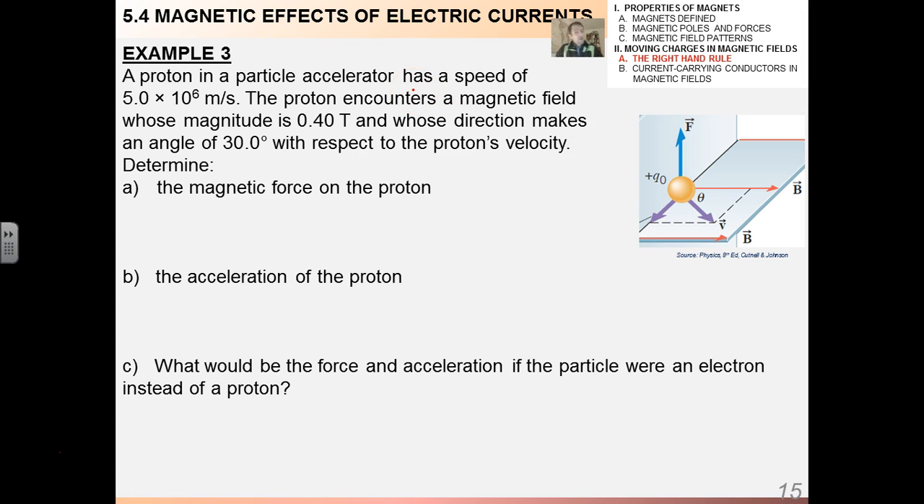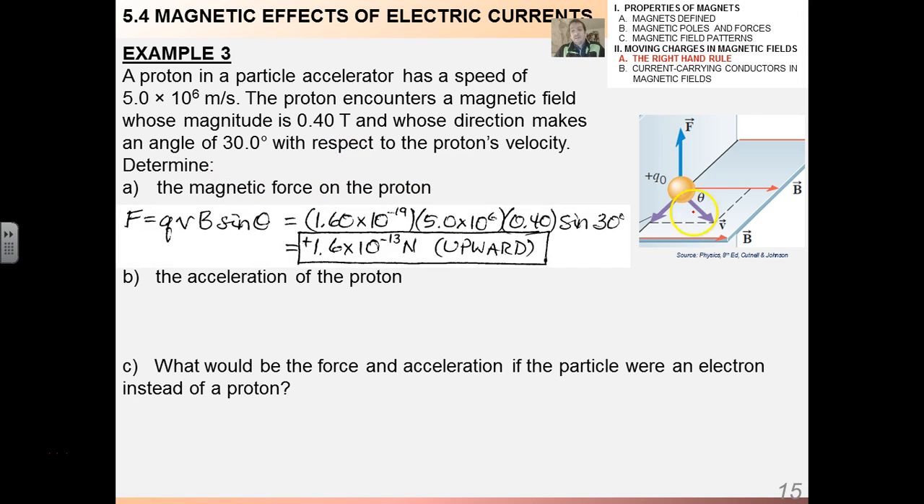A proton in a particle accelerator has a speed of 5 × 10⁶ meters per second. The proton encounters a magnetic field whose magnitude is 0.4 Tesla and whose direction makes an angle of 30 degrees with respect to the proton's velocity. Magnetic force on the proton, that's easy, right? That's qvB sine theta. Just plug in your numbers,